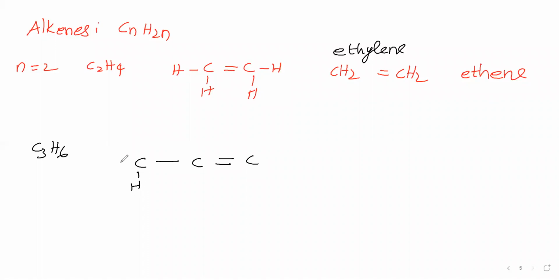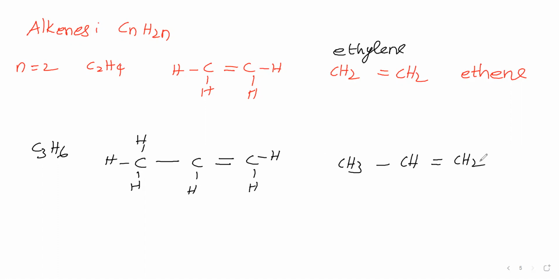For this carbon, let us give 3 hydrogens. For this carbon, 1 hydrogen. For this carbon, 2 hydrogens. Then this carbon is having 3 hydrogens, therefore we will write CH3. This single bond we will write. This carbon is having 1 hydrogen, therefore CH. This is a double bond. This carbon is having 2 hydrogens, therefore CH2 we will write.